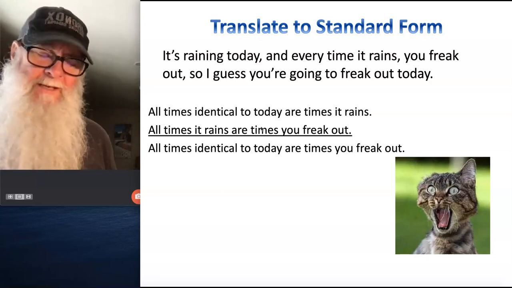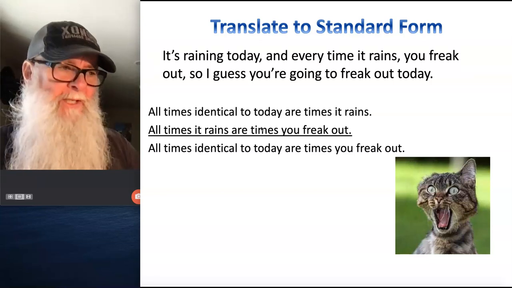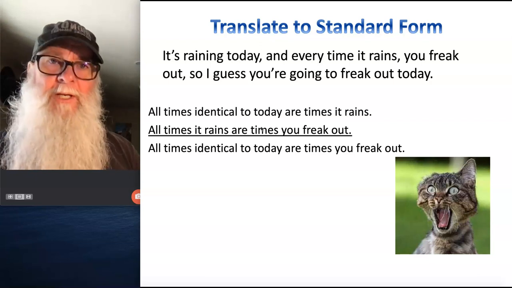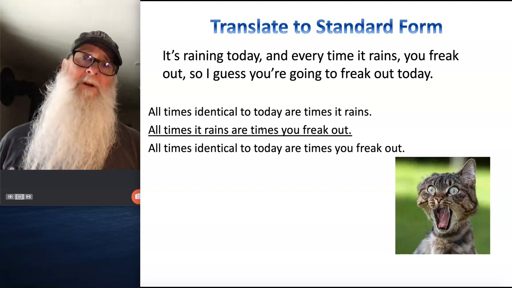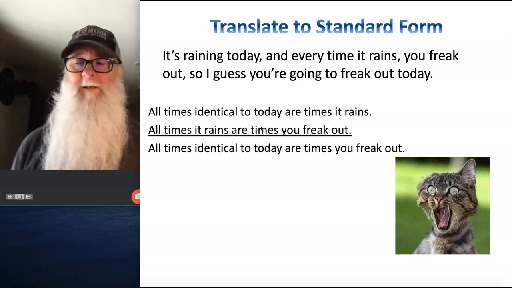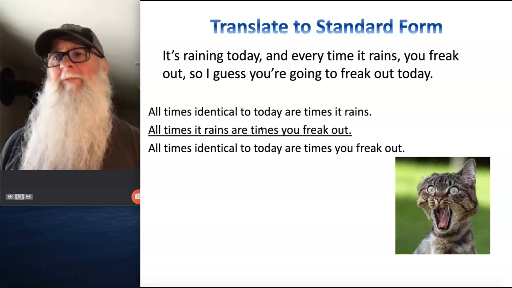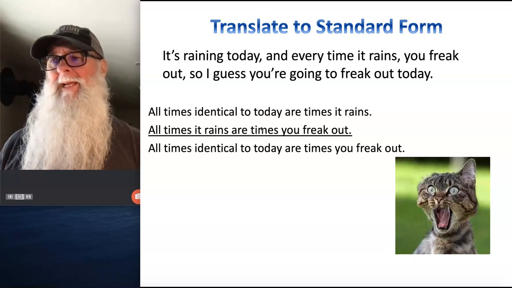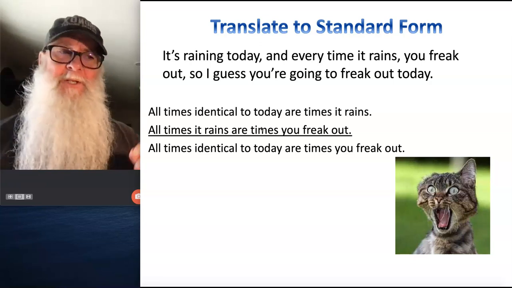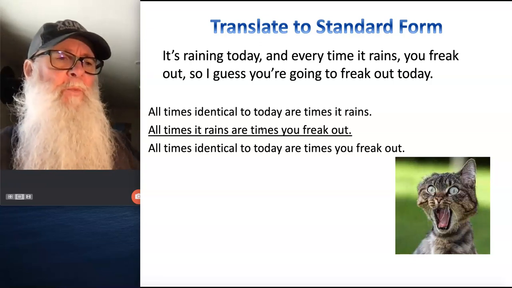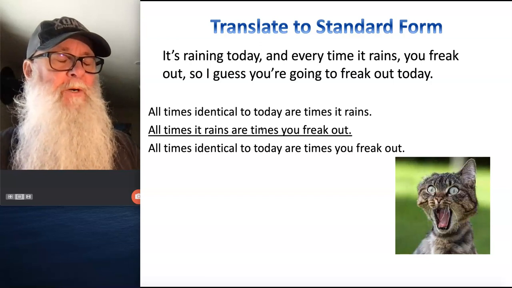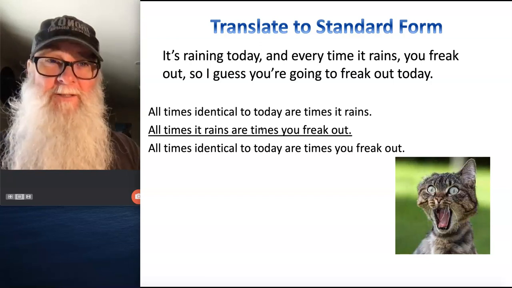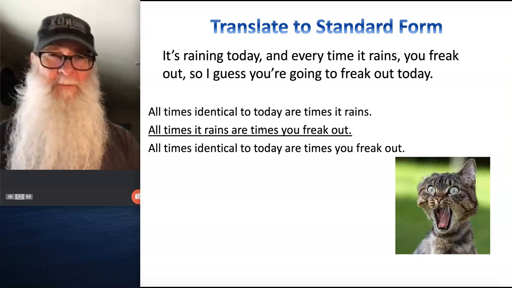And there's something important to take note of, particularly for the next couple of weeks as we're learning how to work with these syllogisms. When you're evaluating whether or not you've expressed a particular argument in standard form, a particular syllogism in standard form, you want to make sure that you're identifying very carefully what your terms are so that you can ensure that they appear the same way each time. And you want to make sure that you are really clear about your premises being in the correct order. That's going to be super important.